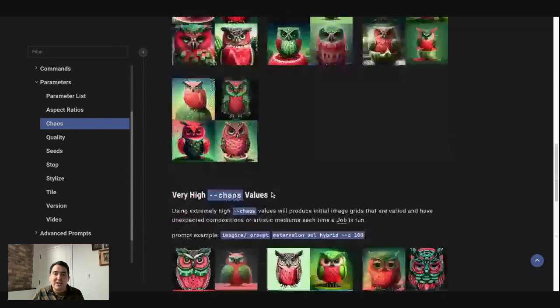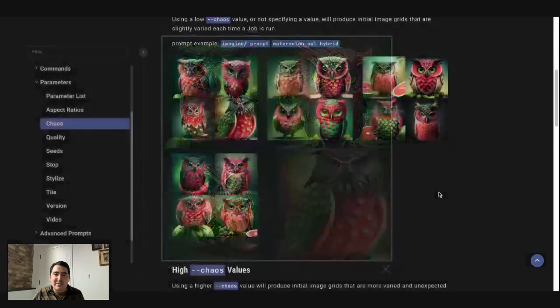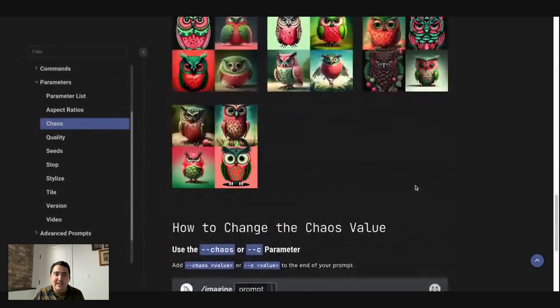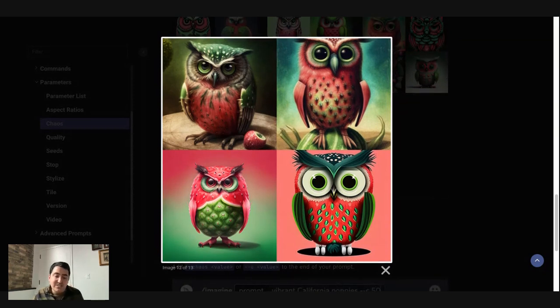Like here's the default. These images are all kind of very similar about the watermelon owl. And then here is chaos turned up to high. If you wanted different surface options, chaos would probably get you there, or you might honestly just use the additive prompting process we talked about using ChatGPT and just have it generate 4 different surface options. But if you want them all up in the 4-up grid, I think your best bet is to try it with this chaos function.